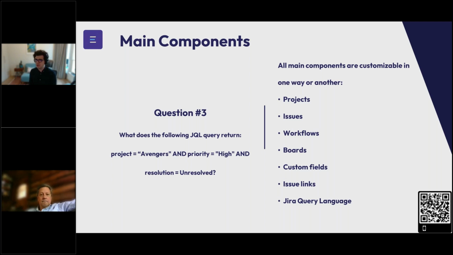Issues can have descriptions, assignee, strategy, due date, and an infinite number of custom fields. We have issue links, which can just connect one issue to another. A type of link is a ticket blocks another ticket. An issue depends on another ticket. So just ways to connect